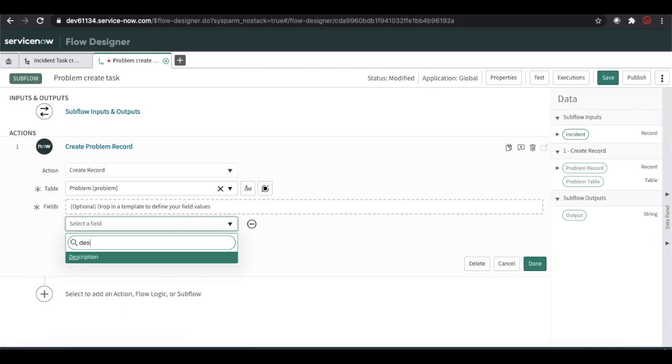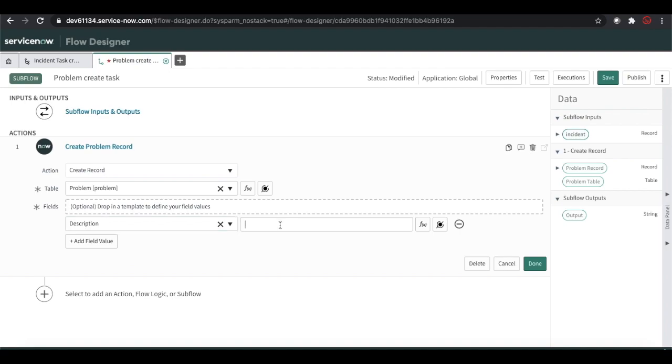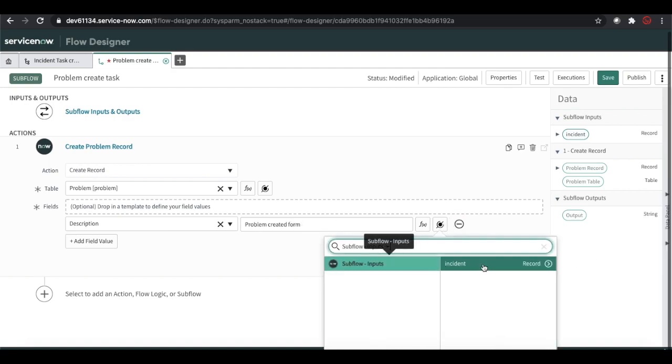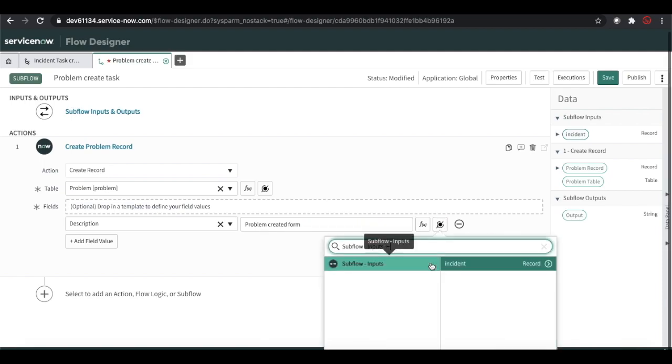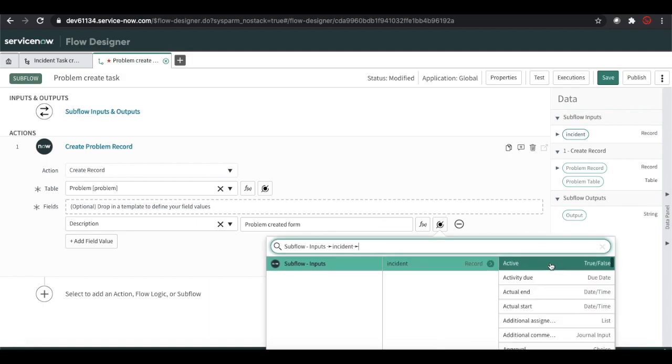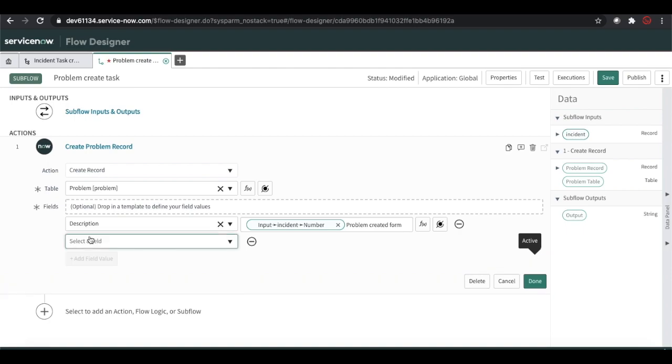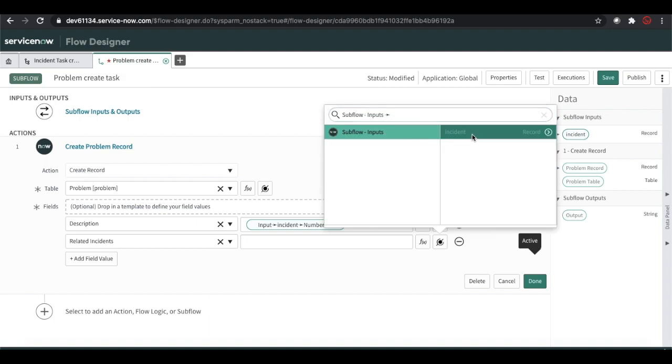The description is, problem created from, and we'll put the incident number from here. Let's see if there is any incident field, related incident. We'll put that subflow incident number here.